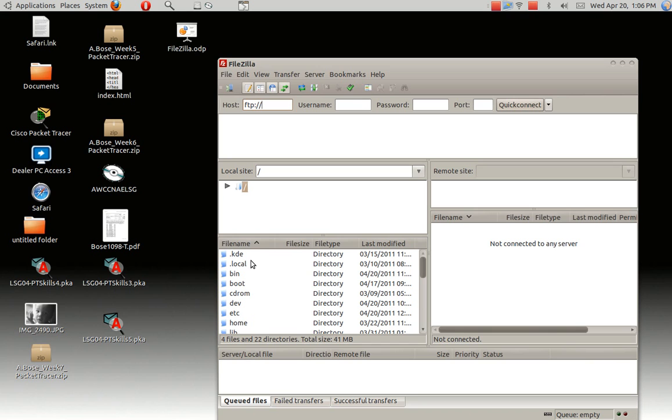Now, if you know how to work the internet, then you have seen before where you have http://. HTTP is the actual protocol for the internet. FTP is the file transfer protocol, which we'll use here in order to communicate with the FTP server. And then you type in the IP address for your server, or if you have a DNS domain name like Yahoo or whatever your server may be, you can type that in there as well. But my server address is